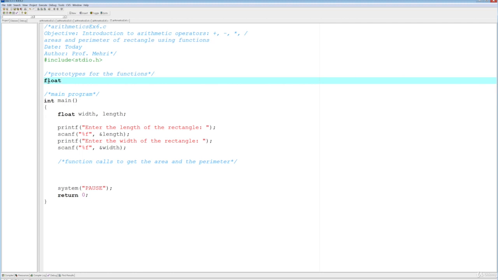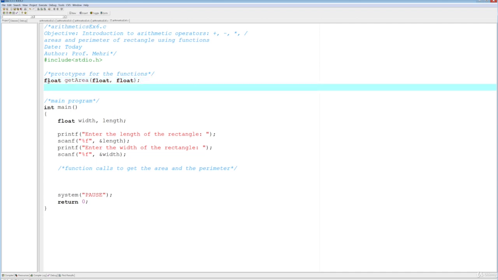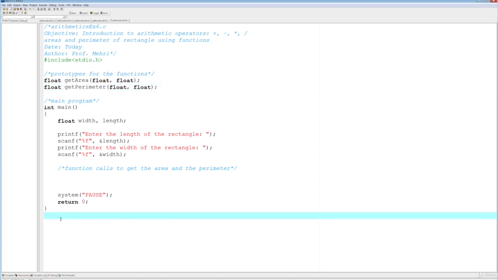Notice no longer void in there. Get area. And it will take two floats. Float, float. So it takes two floats, returns a float, right? Same thing with perimeter. Float, get perimeter. And then float, and then float. So this is a good idea because with the verb now, we know this function will do something. And if it does something, it's going to give us something back. So no longer void here. Okay. All right. So get area and get perimeters are going to be the function names that we're going to